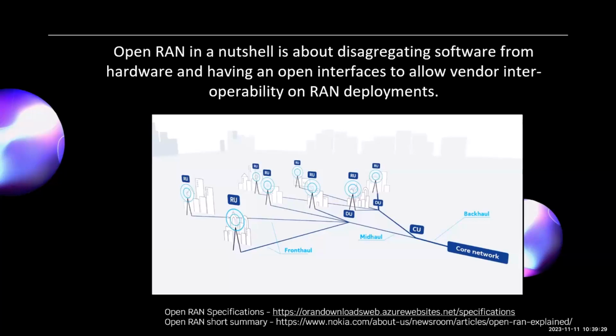So you could buy NVIDIA as your video card, and ASUS as your motherboard. For your network card, you could have Broadcom. So it became disaggregated, and also the software is disaggregated. You could have Windows, you could install Linux, you could install other software, and it produces a lot of companies and a lot of vendors. So it's disaggregated. So interoperability means that these components, your RU, your DU, your CU, your core network, can have different vendors